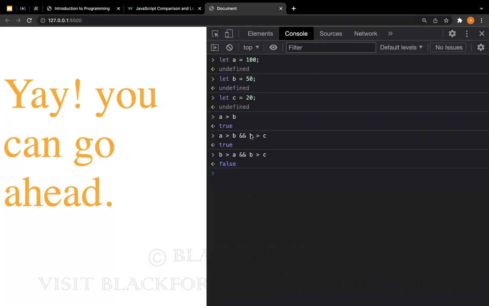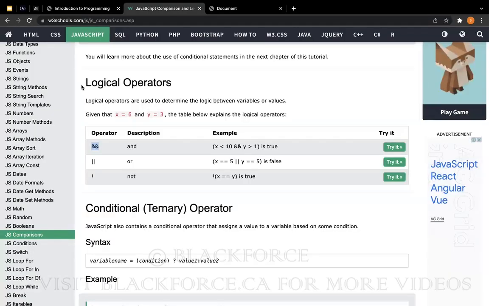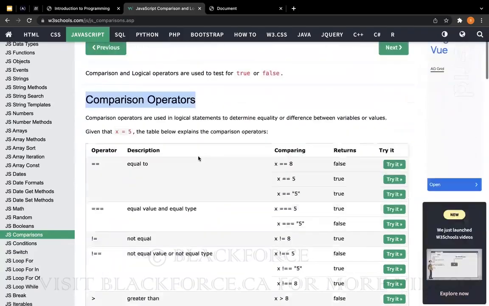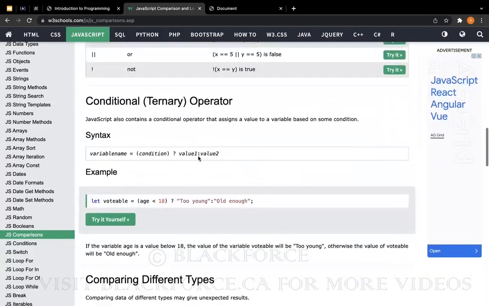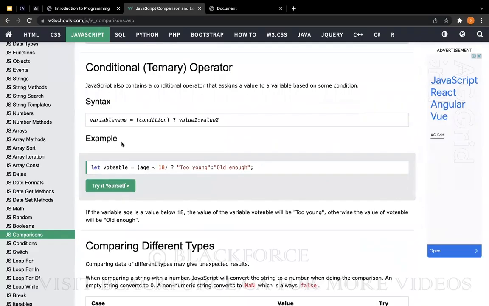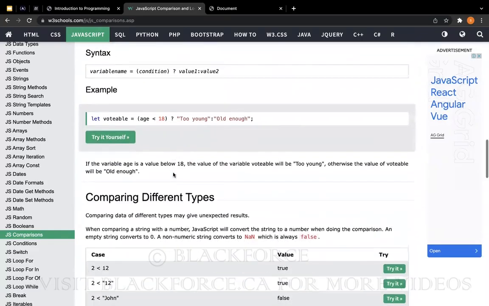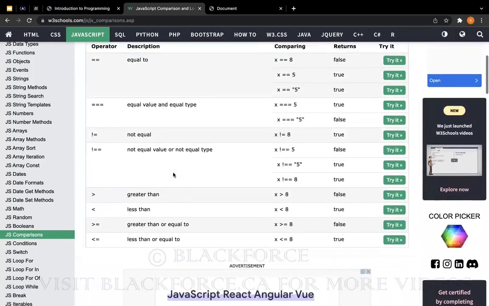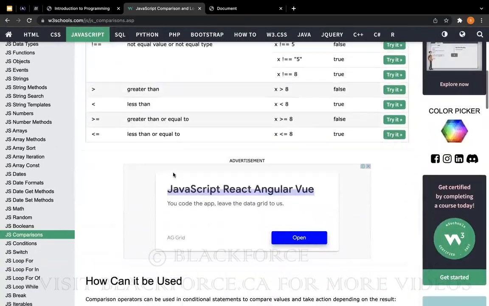Because one of the statements is false. So these are logical operators. You can just come and play around with them. Then there are comparison operators, and in fact you're going to use comparison operators more. Then there's the conditional ternary operator. I don't want to go into ternary operators now because it's a little bit more complex. But in a nutshell, comparison operators,